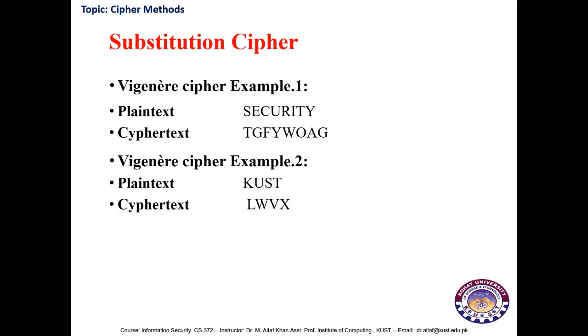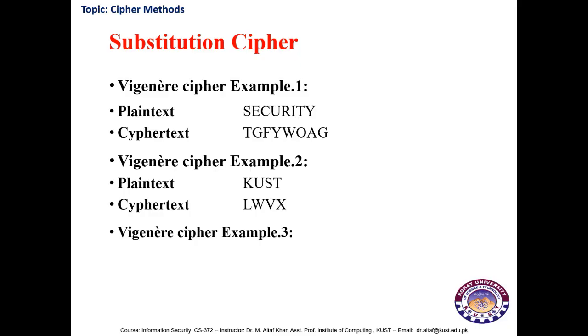Now the second letter U, as its position is 2, we will look in row number 2, and the equivalent of U is W. So W will be used in the cipher text instead of U. S will be replaced with V, and T will be replaced with X. So the resultant cipher text will be LWVX. To make the Vigenere cipher clearer, we will consider another example.